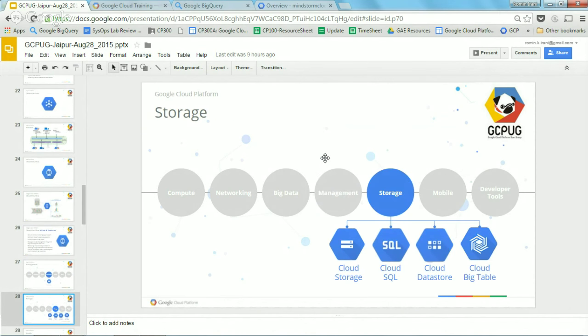Storage. Storage, multiple options are available, and it depends on the flavor and the kind of requirement that you may have. So cloud storage, this is